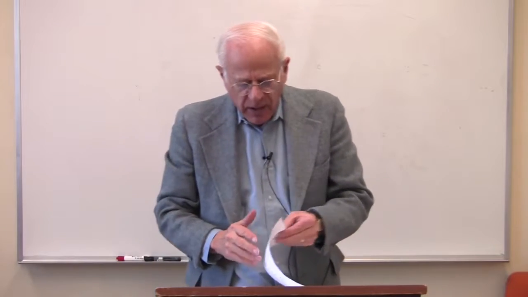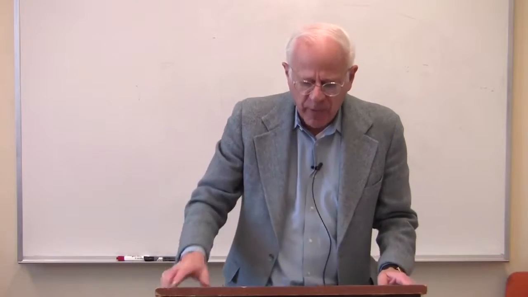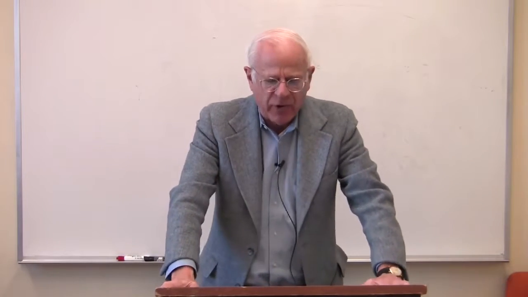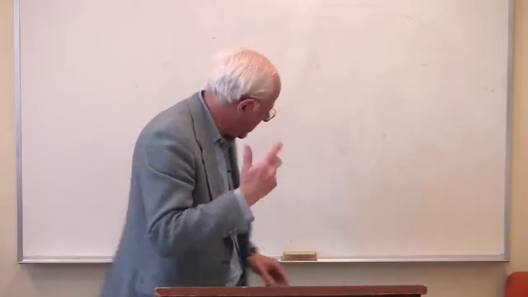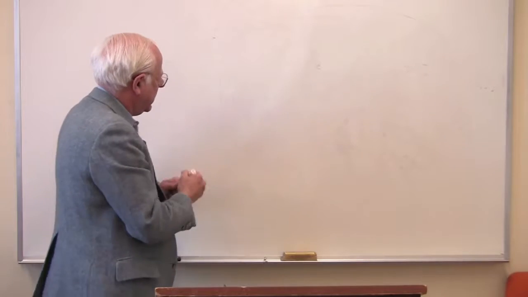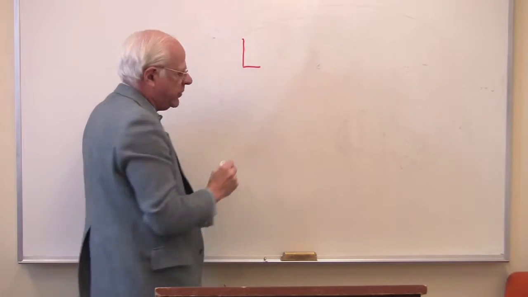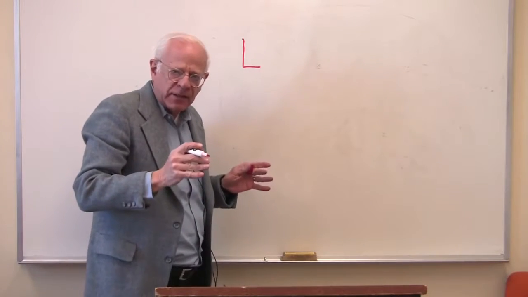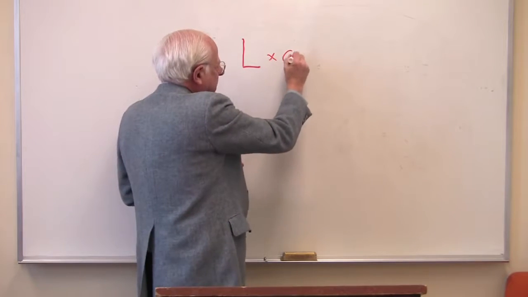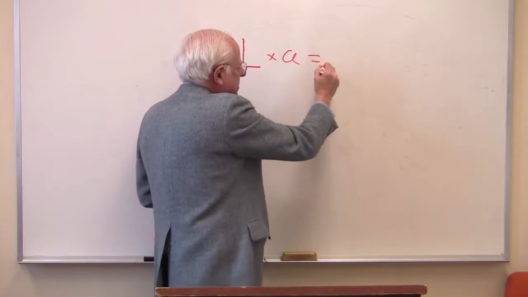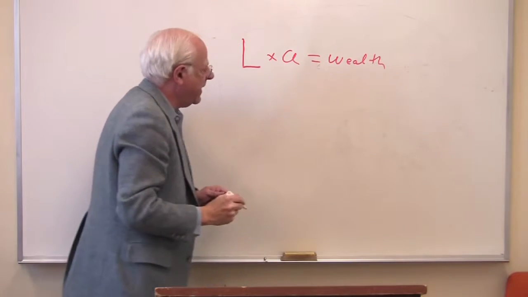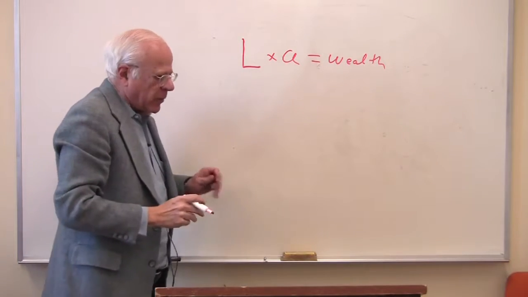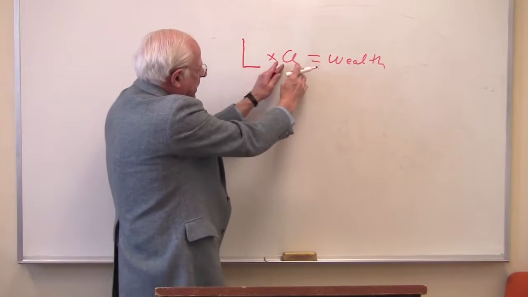One of them is, to go back to what we did, the labor process times a certain productivity which gives us wealth. Let me write that quickly on the blackboard in pretty red. The labor process times the productivity of that labor gives us wealth. What do we have here? Okay. We have a labor process, its productivity.